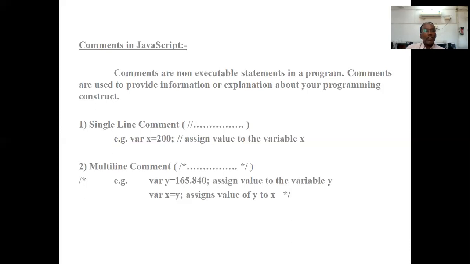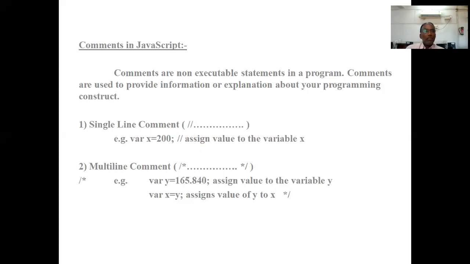It starts with /* and ends with */. So it begins with slash star and ends with star slash. We will see one example.